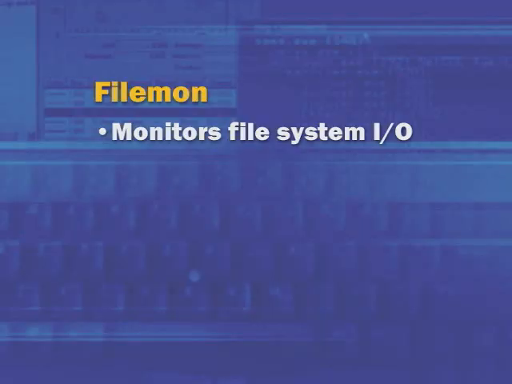FileMon, of course, is one of the couple most well-known tools off the site. FileMon was, in fact, one of the first tools, if not the first tool, that Bryce and I wrote for Windows NT. And I wrote it originally to understand the way Windows works and also to help me debug the way my own applications worked. It monitors all file system activity,